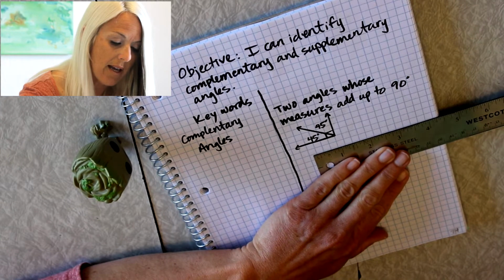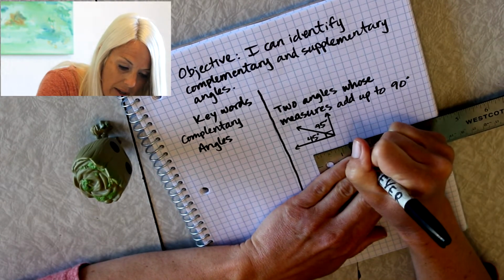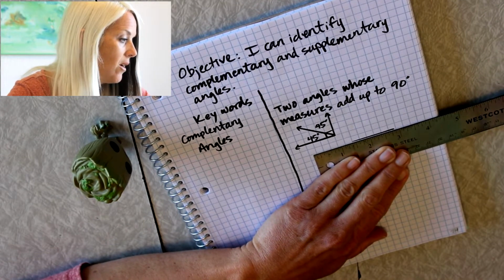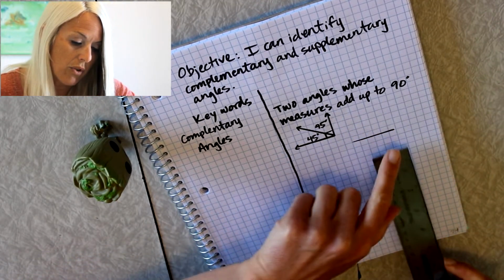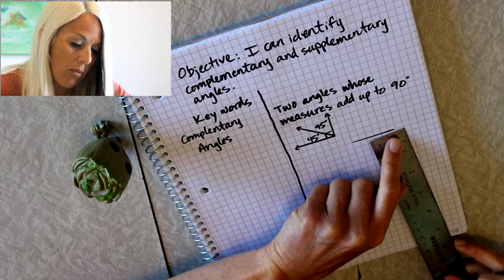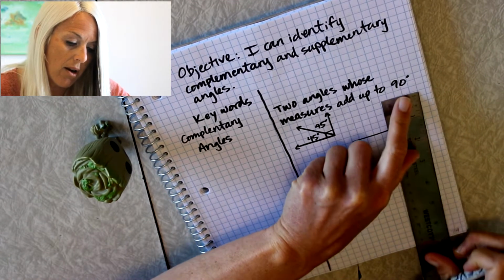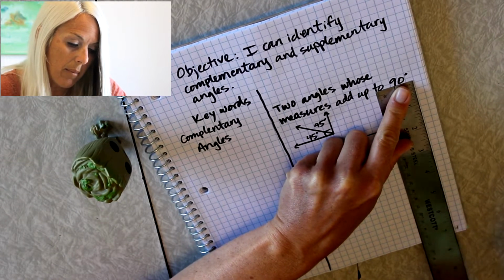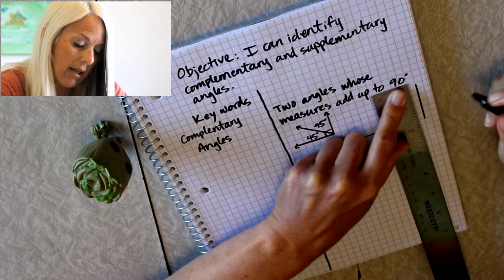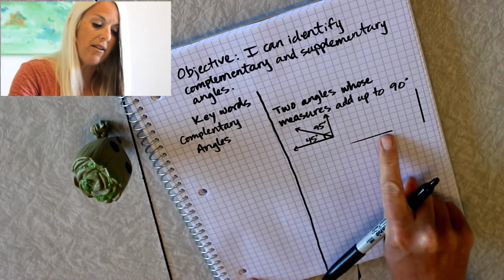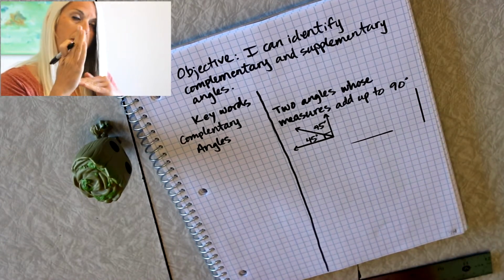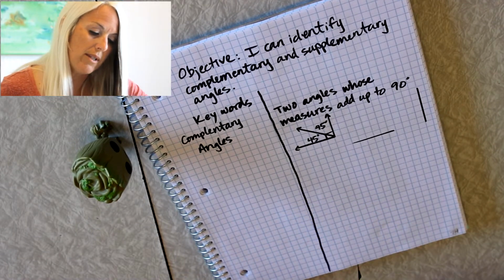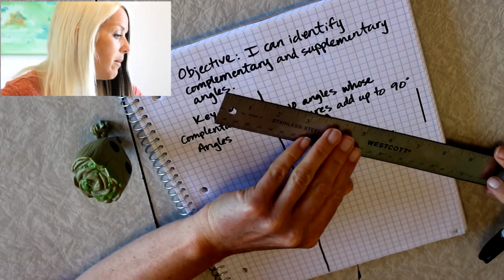So let's try and draw another example of two angles that do definitely add up to 90 degrees. And we're gonna do that by drawing a straight line here. And then we'll scoot over a little bit, so maybe like 1, 2, 3, 4 lines over, and then we'll draw a line up and down like that. So as you can see, if that one and that one were put together, they would make that 90 degrees. So we'll use these two lines. And then this one, we might draw,